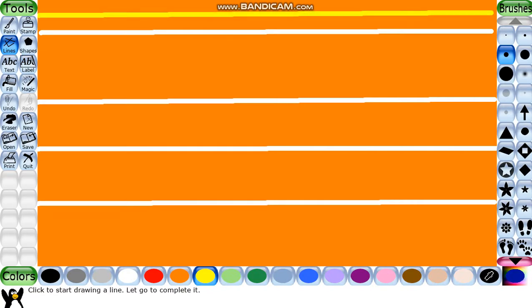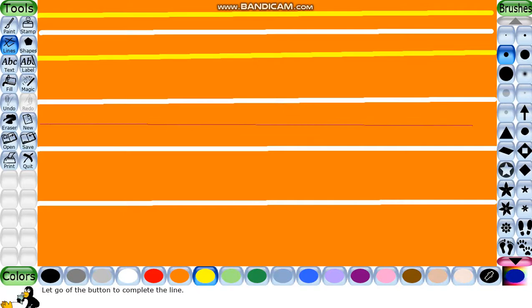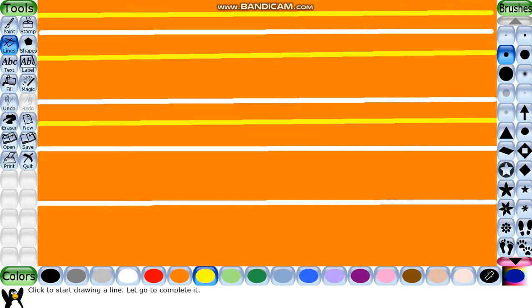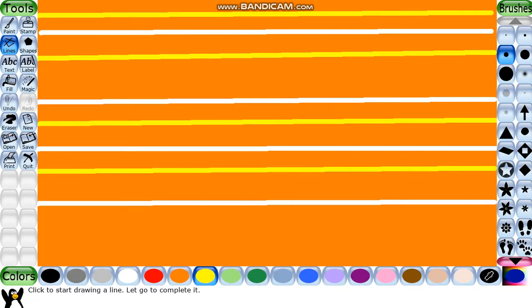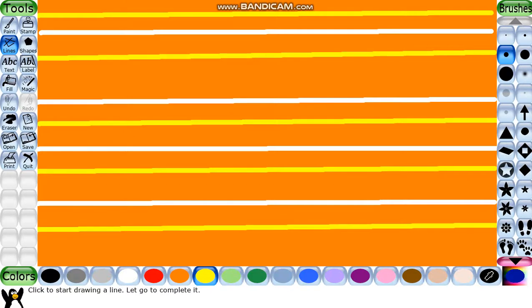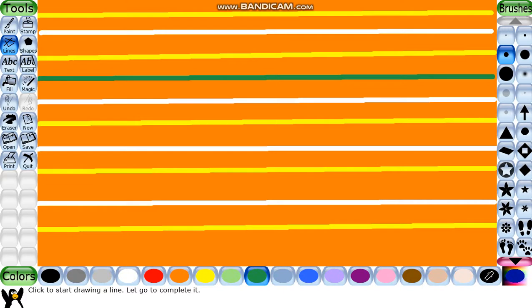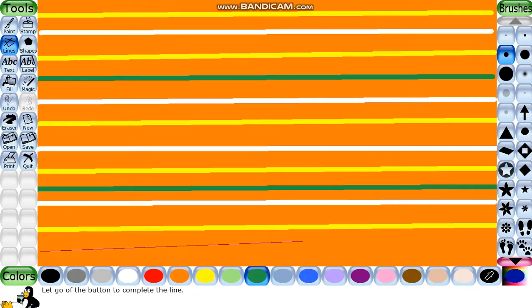Okay, there. Color and number of lines you can choose according to your choice. Okay, I am just going according to your book, so that's why I am taking the same colors and showing you the same. Colors you can choose according to you. Just to show you, I am inserting 2 lines with green color, but you can use any color which you want. Okay, and you can draw lines anywhere, wherever you want.